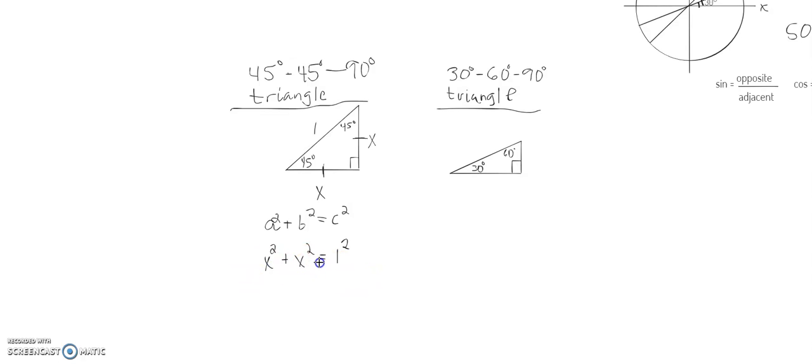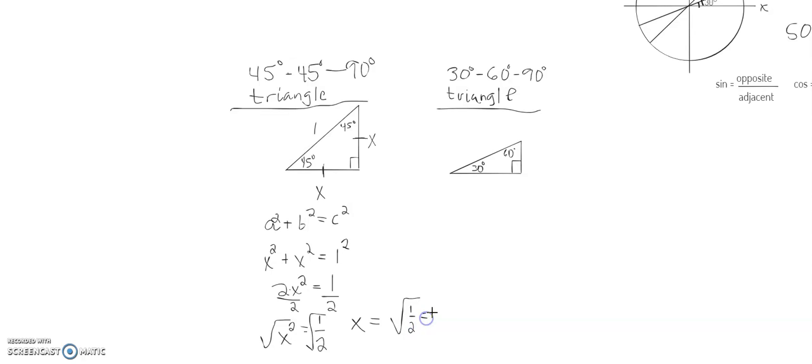With a little bit of simplification, x squared plus x squared is 2x squared. 1 squared is just 1. Next, because these are connected through multiplication, we have to divide by 2. Dividing by 2 on both sides gives us that x squared is 1/2. And lastly, because we have a square, to solve for x, the last thing we need to do is take the square root of both sides. Upon doing that, we get that x is the square root of 1/2,